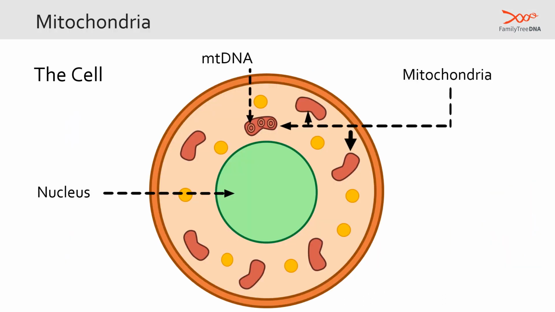Now that we understand a little bit about the structure of DNA, let's talk about mitochondria. Now, mitochondria are special organelles that exist outside the nucleus in a cell, and they actually came along very early on in evolution. And it's theorized that they were originally a type of bacteria that formed a symbiotic relationship with